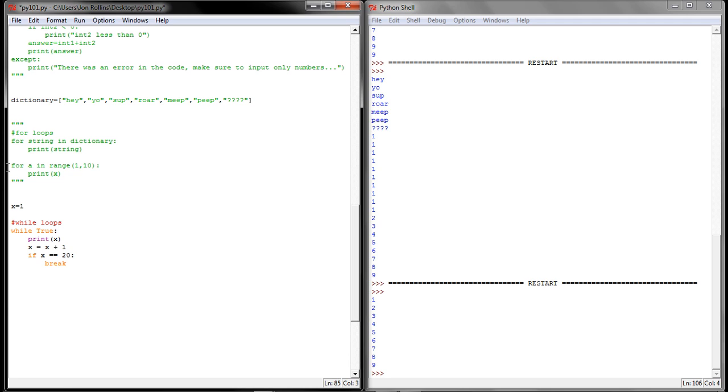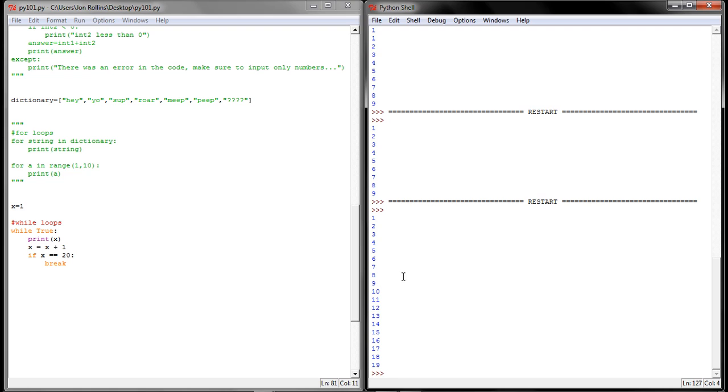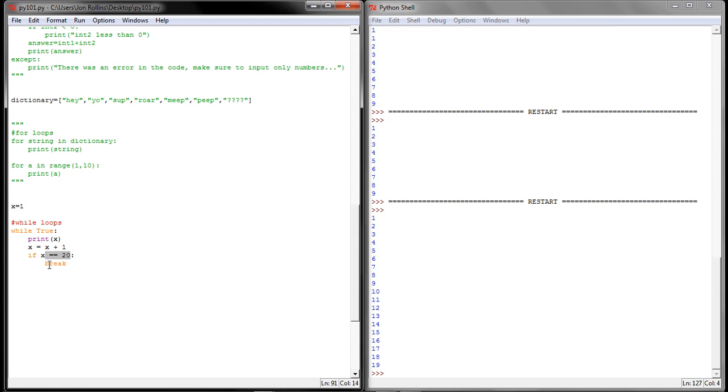And really, we didn't use the x in this one here. It's my mistake. I'm sorry about that, giving you wrong information and stuff. Alright, so when it got to 20, it hit break, and then it breaks out of the first loop. Okay? And while true, if we didn't have this,